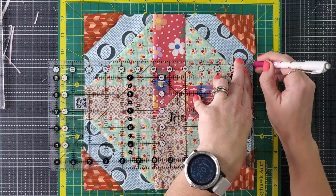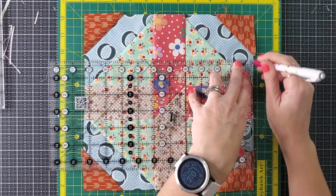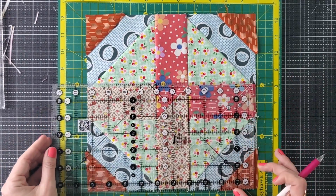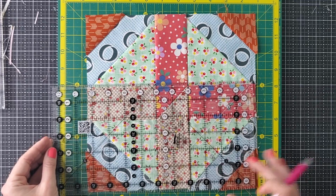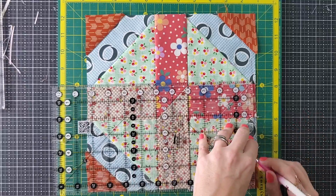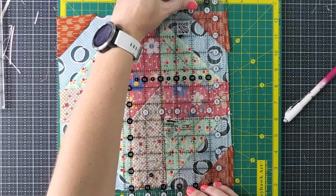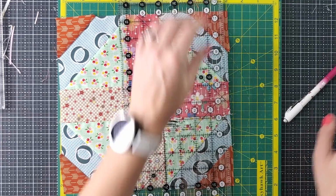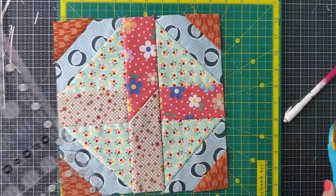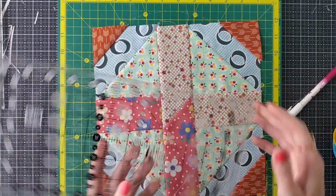Now, ideally, you're gonna center your 10-inch design in the middle of this block, but that can be difficult to do with a 6-inch by 12-inch ruler. So I'm just going to line it up with the middle column at the 4 and 6-inch marks and go along the edge, drawing a line, and then I'll match up my ruler with that line that I partially drew and cut, just like that. And now I'm going to cut down the opposite side so that this is 10 inches wide,